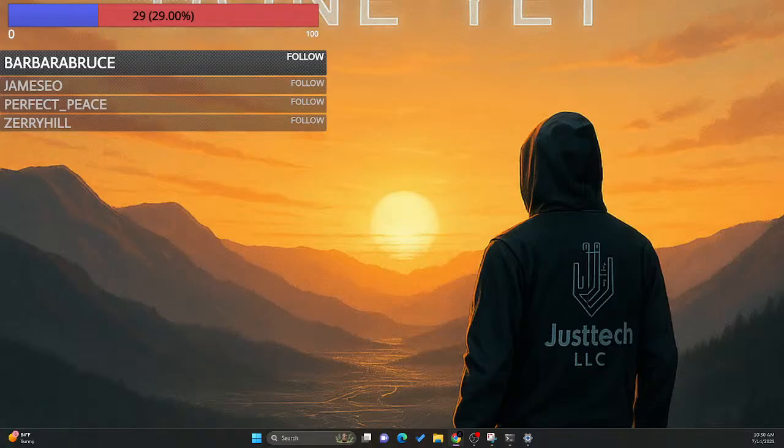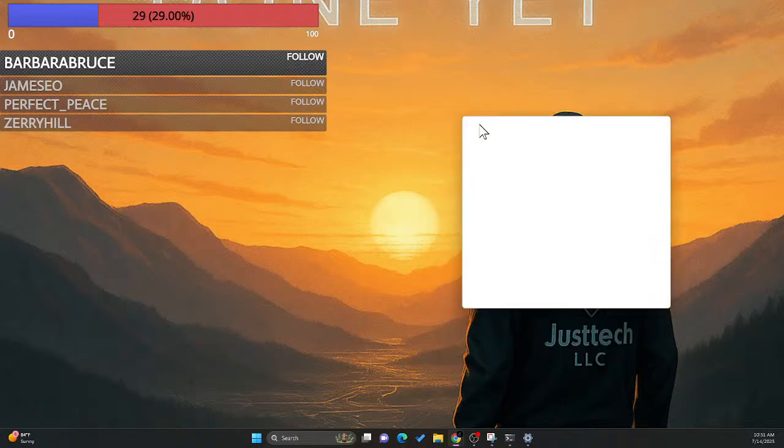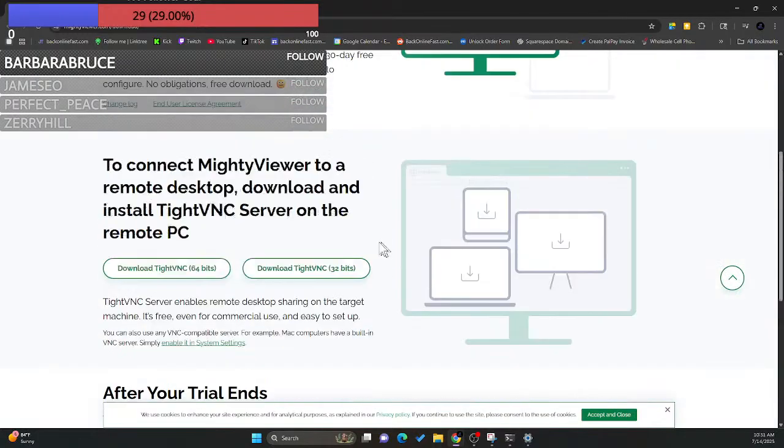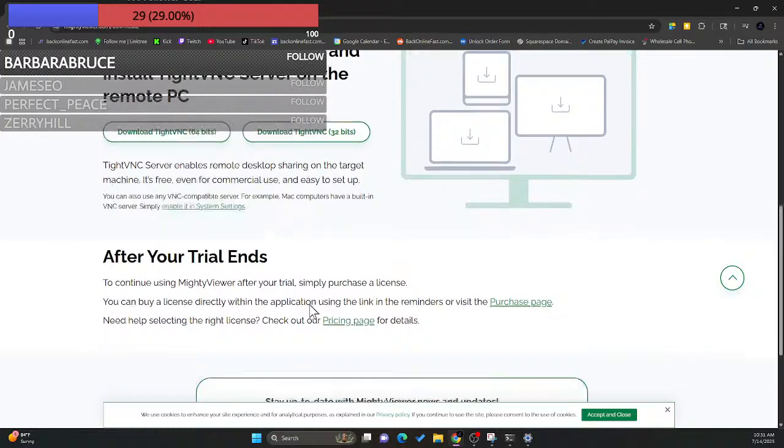VNC is what I use. I just need the viewer. Here we go. So I am going to download a program. Oh, sorry, you guys can't see that. I'm gonna try downloading a program called